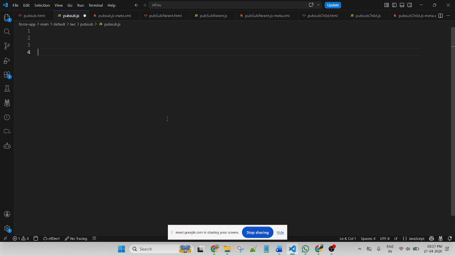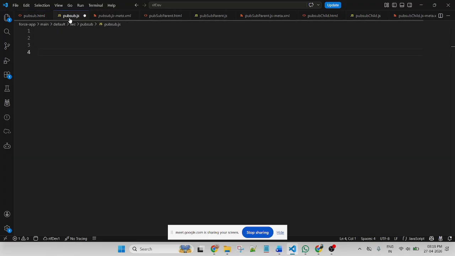Sir, one second. So we have created this PubSub component and PubSub parent, PubSub child. I put the names parent and child, but it is not required. You can put any name. Okay, parent to child, so I can assume A component and B component. Yes, you can put any name because they are not connected to each other. For understanding purposes I put parent and child, but you can put anything as the name. It is not a parent or a child because they are not calling each other.